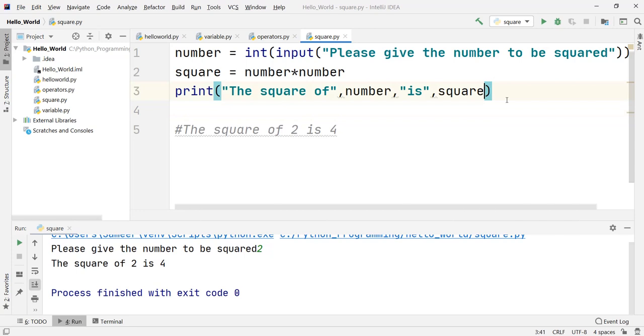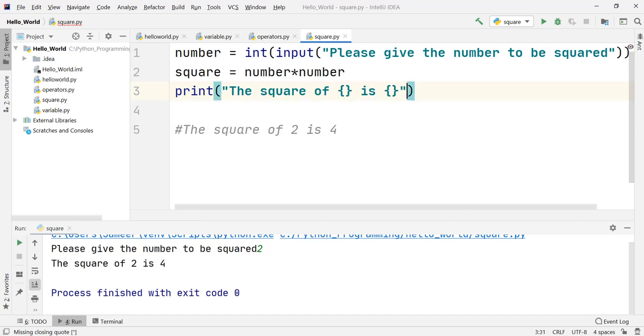So in our code, let us rearrange whatever we have written in our print statement. Right now, at this position I want my first curly bracket, so we will put it. Then, after the text "the square of curly bracket is", we want to show our answer, so we will put our second curly bracket.